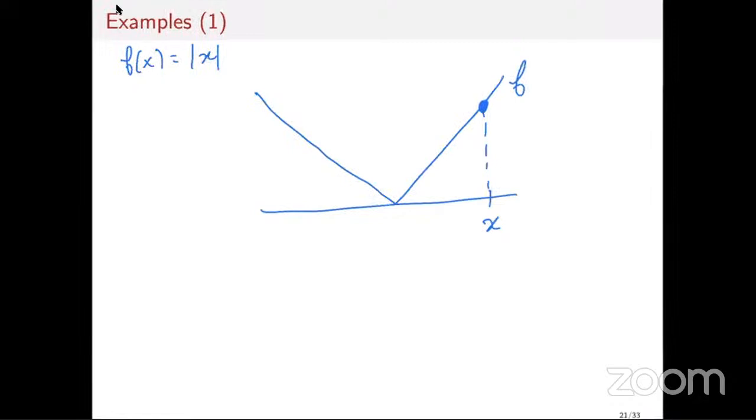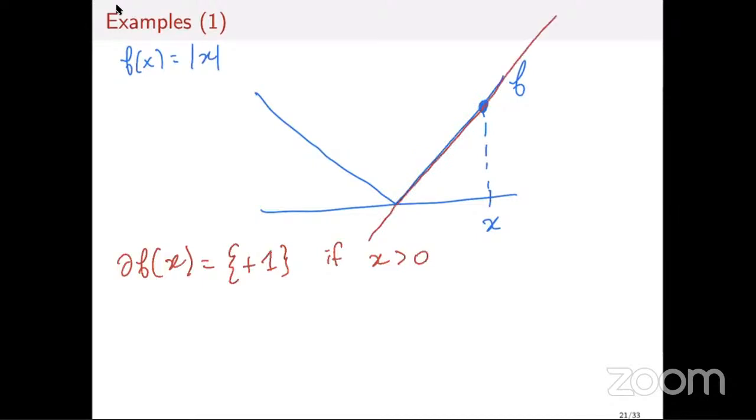So this means that the subdifferential of f at x is equal to {+1} if x is positive. In fact, if x is positive, you can see that the function is smooth, and the slope is equal to 1, and this is the only thing that you have in the subdifferential. So if I write it this way.